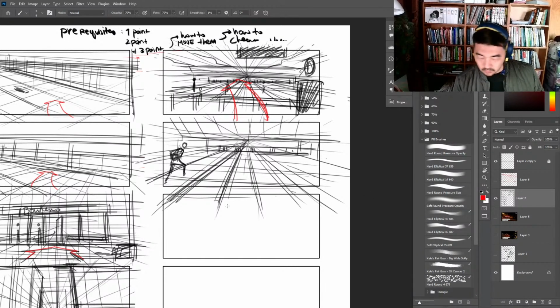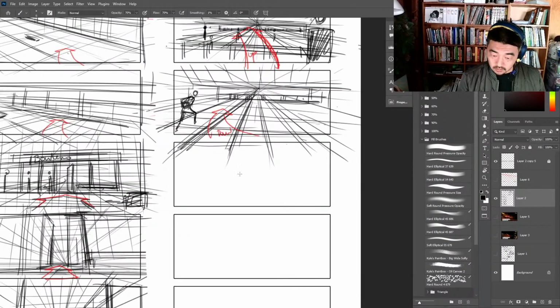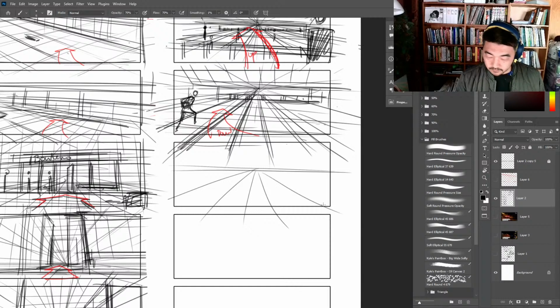And we're gonna come this way and swing around. So we come up and then down. And now we're isolating ourselves down this one part of the alley.